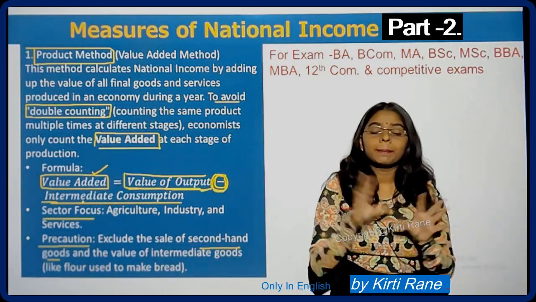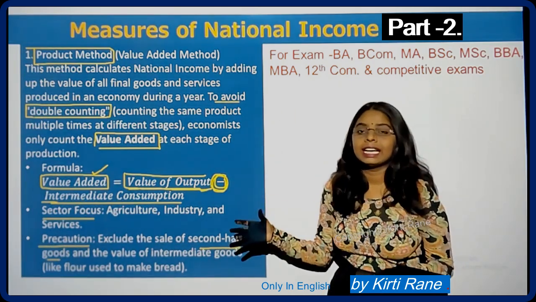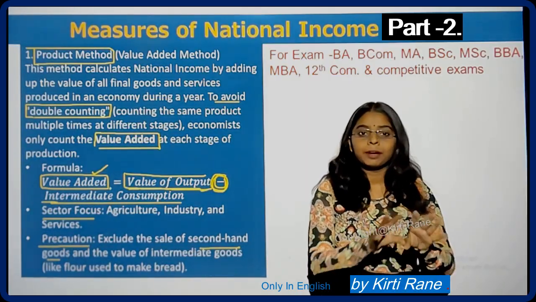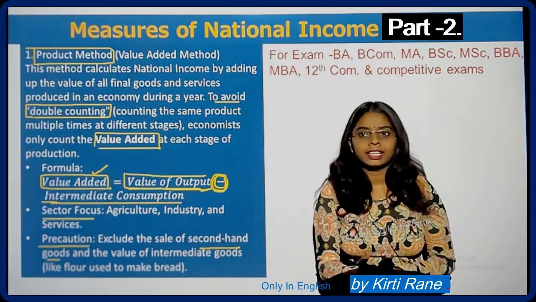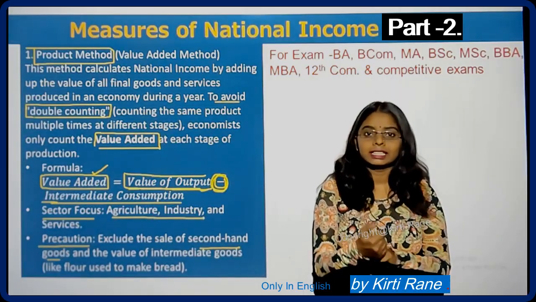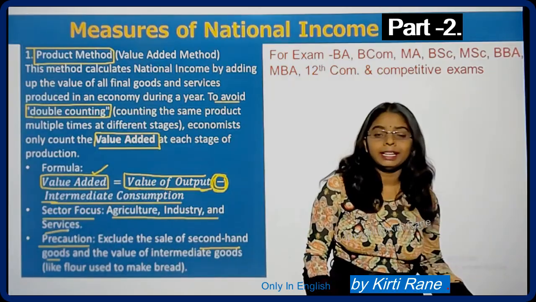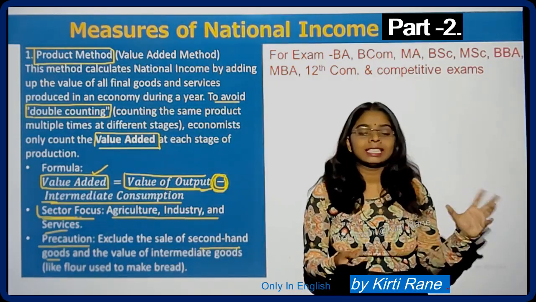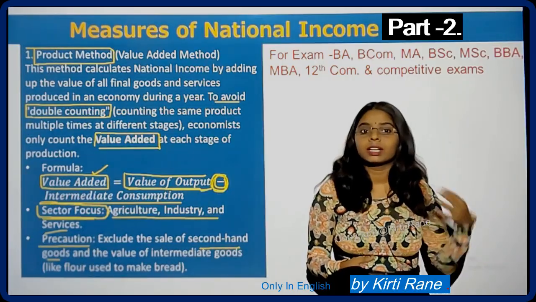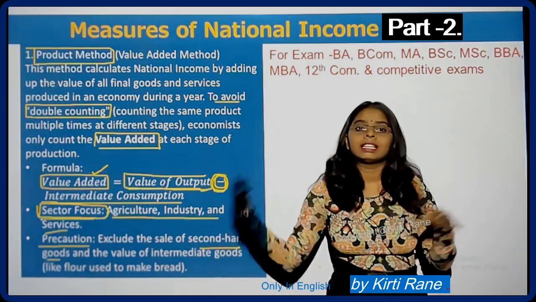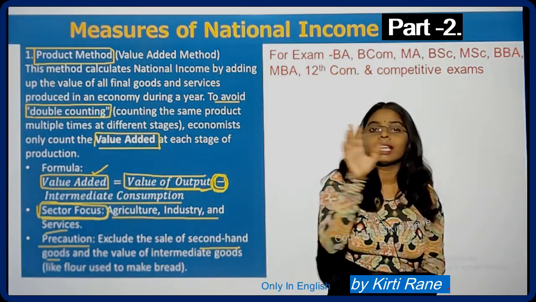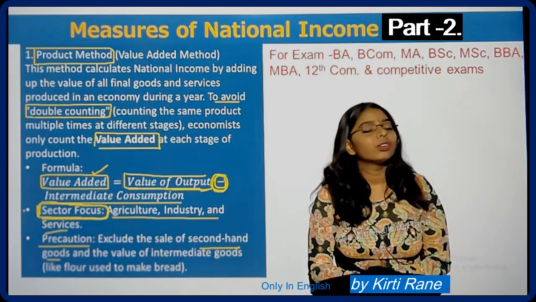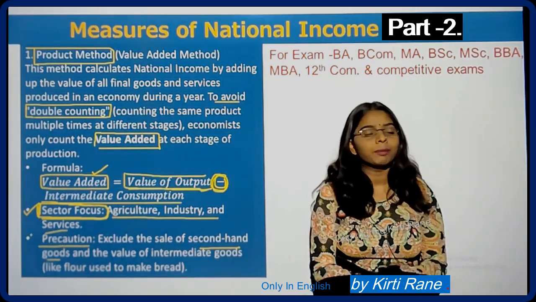If we have to summarize this whole method, it basically calculates the amount of production in a particular sector, for example the agricultural industry or the tertiary and service sector. It will exclude the intermediate consumption to avoid double counting. It counts a good once when it is a final good for one firm, but it becomes a raw material at the second firm, so it will not double count it. It gives us the total value added to that product, and thus we can find out the national income of the country.